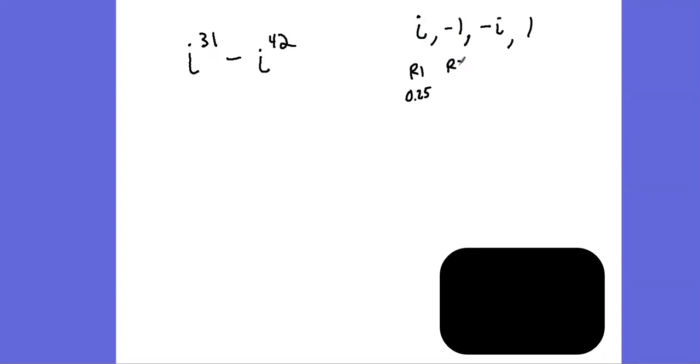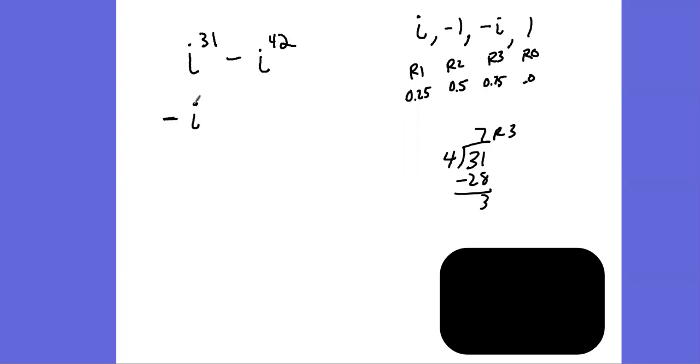If you get a remainder of 2, or a decimal 0.5 using your calculator, it's -1. A remainder of 3, or 0.75 using division with your calculator, it's -i. And no remainder at all, or 0.0, it's going to be 1. So 31 divided by 4, 4 goes into 31 7 times. This has a remainder of 3, so I know that i to the 31st is the same exact thing as